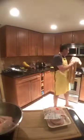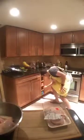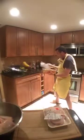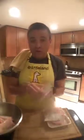In fact, I have pieces of what I think is goat in the freezer. I was looking at it going, I think that's goat. I am not sure. I think it's goat. If I'm ever in a pinch and I desperately need goat, if there's a hurricane and the power goes out and suddenly I need to cook goat on the sterno,